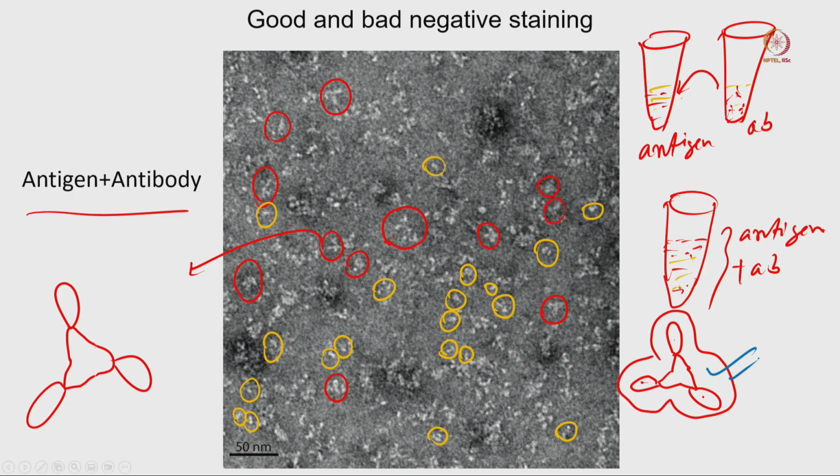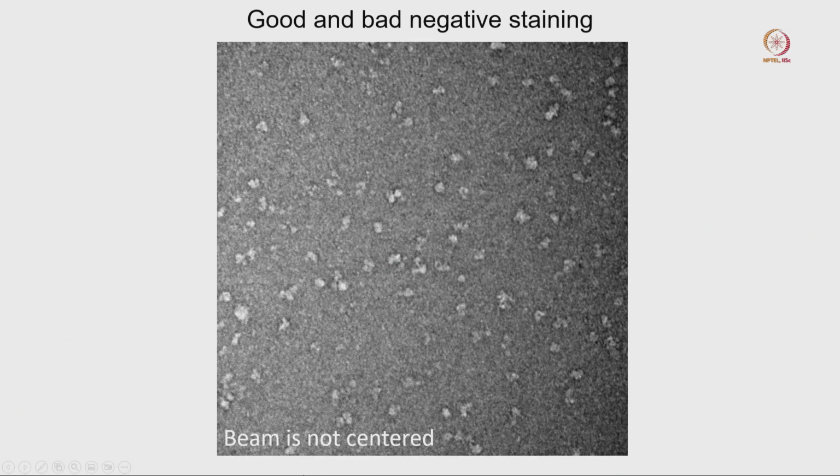But there is a possibility that there will be some molecules where either the antibody or the antigen will be non-functional, and they will not form this kind of complex anymore. If they do not form this kind of complex, what will happen? It will be a free trimer. You can find some places, and you can find this kind of antibody in some places at a different orientation. Now if you look at these images, you can see these things clearly.